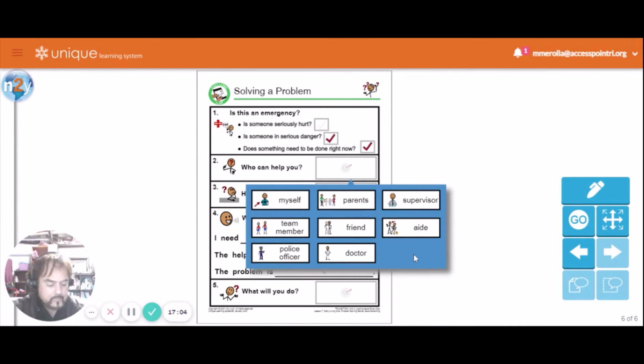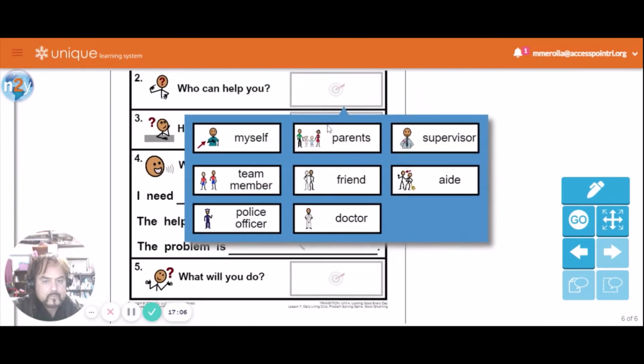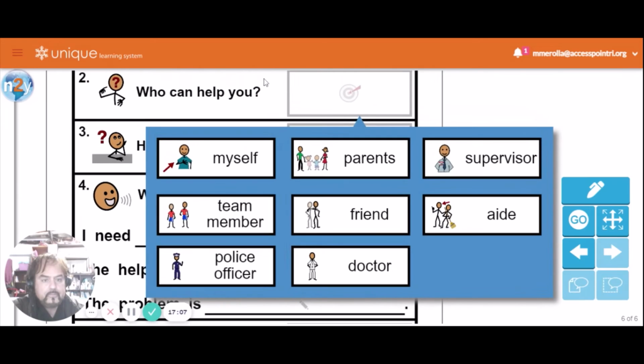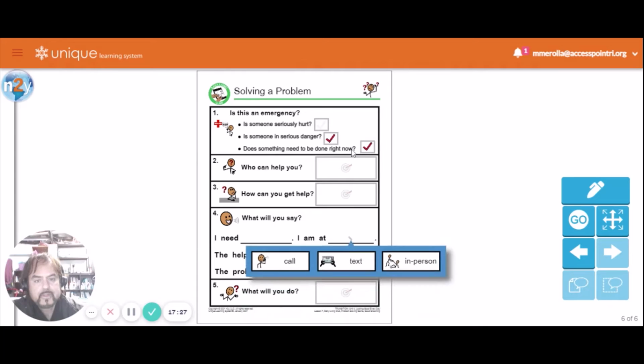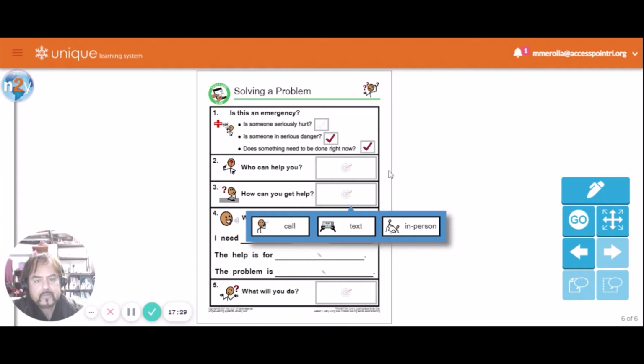Okay, so let's see. The fire department can help you, but since that is not an option, I think we're just going to have to say police officer. And for some reason we didn't get police officer.